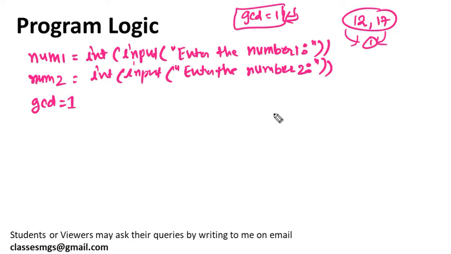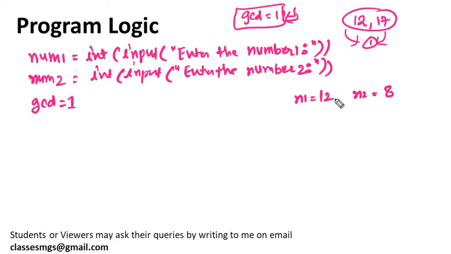Now you will build a logic to calculate the GCD. Let's suppose n1 you have entered 8 and n2 you have entered, let's suppose, 12. Then how are you going to do it? First you check whether, let's suppose, try to enter it like this, 12 and 8, let's try it like this, 12 and 8.